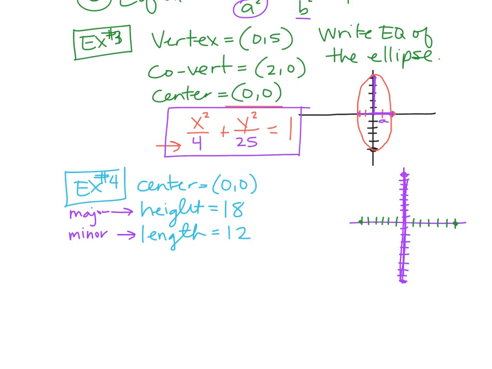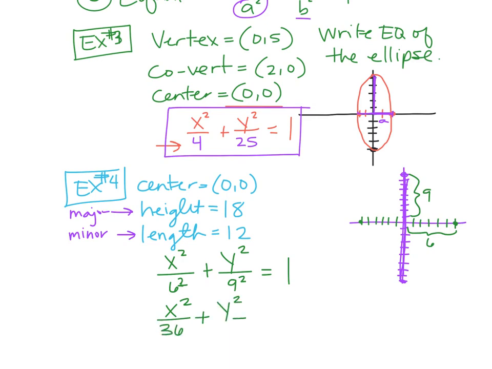So if we're going to write our equation, it's going to be x squared over something plus y squared over something equals 1. So we need to know what a squared is. Well, on our x, this length right here is 6, right? We went 6 units, so we're doing 6 squared. The y squared, if we go here, this length is 9 units, so we're doing 9 squared. So it would be x squared over 36 plus y squared over 81 equals 1. And that would be your equation. Okay,